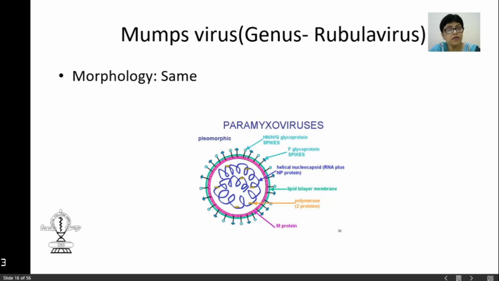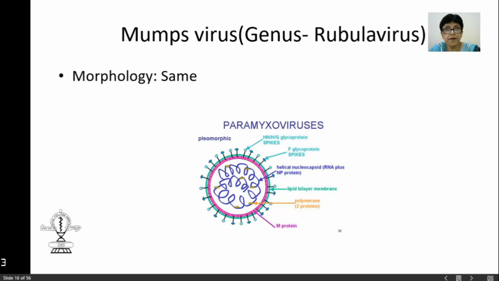And because of the presence of the neuraminidase spike, once the agglutination has taken place, it can be eluted by the property of this neuraminidase enzyme at 37 degrees centigrade. This will equally apply when we try to visualize this virus with the help of RBCs for detection of these viruses, either in cell cultures or in vitro by hemadsorption. So this property has been exploited for diagnostic and visualization purposes.